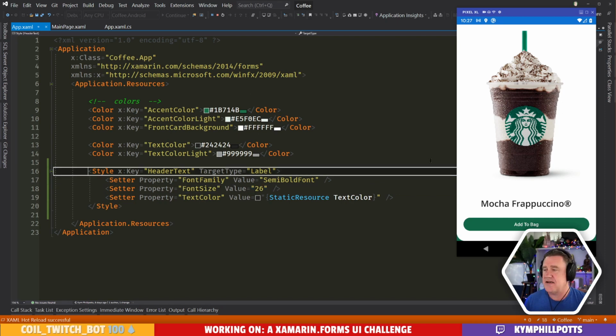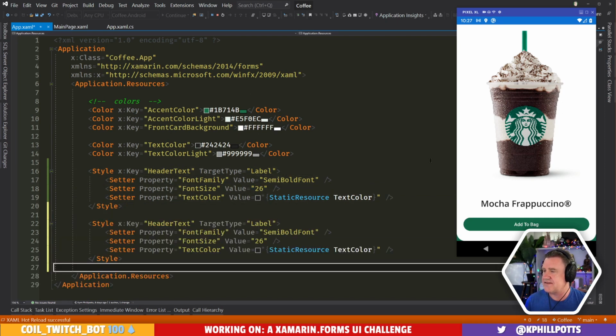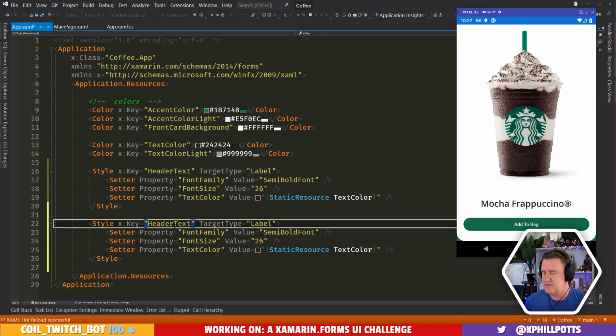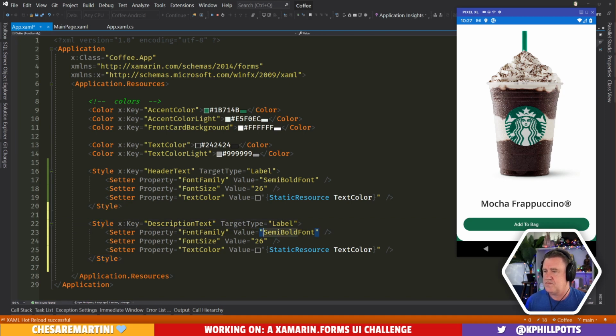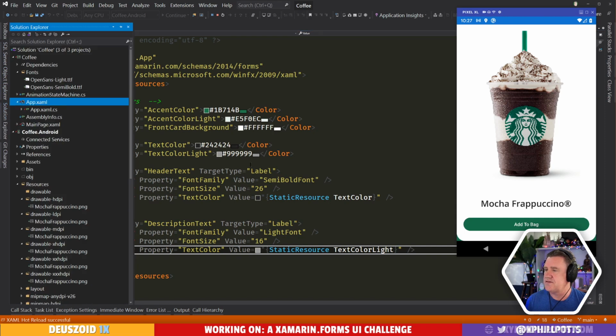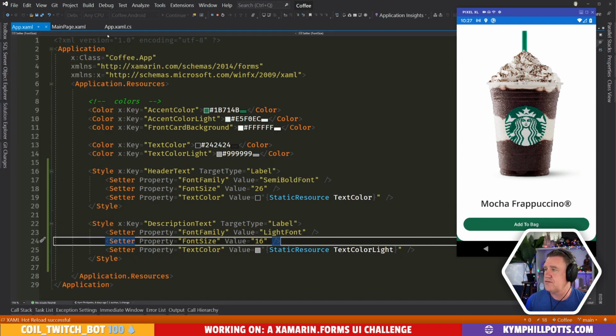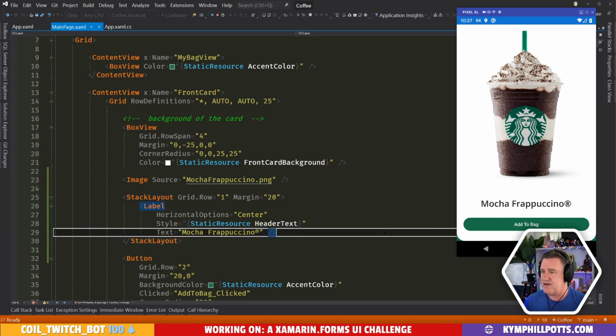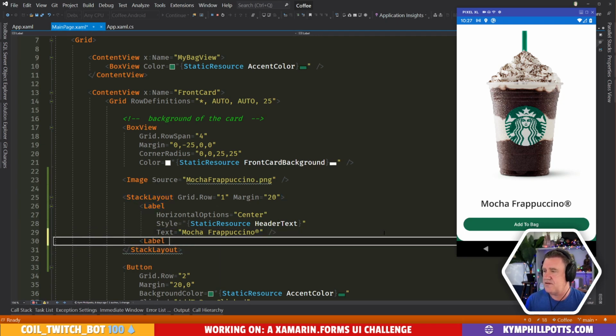All right. Let's add another style in for our subtext. This one. Let's call this description. And we'll drop that one down, and we probably want text color light. All right, let's come back over to our page, and let's put in another label here.